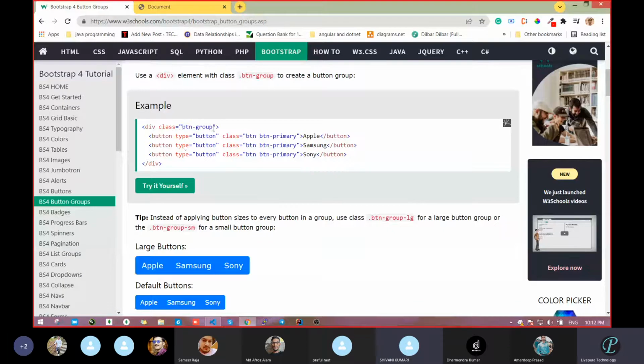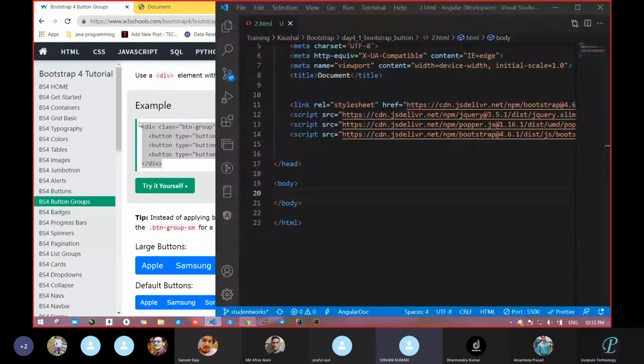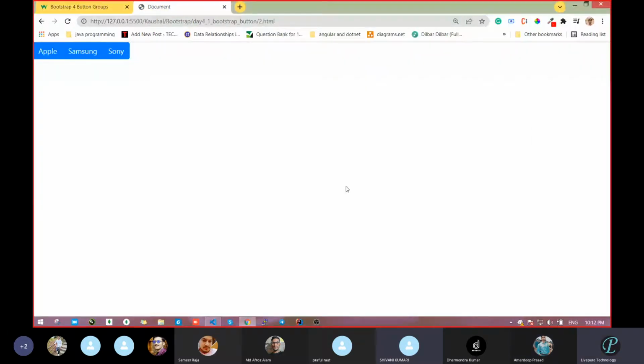Clear or not? Yes, sir, clear. Sir, by this we can make a navigation bar also. Yeah, but for that we will use a different thing. It is the easiest way to create the navigation bar, I know that, but don't use this one.